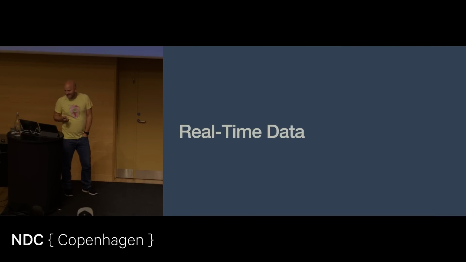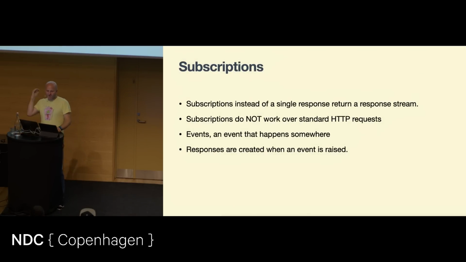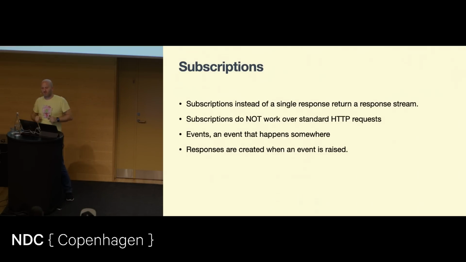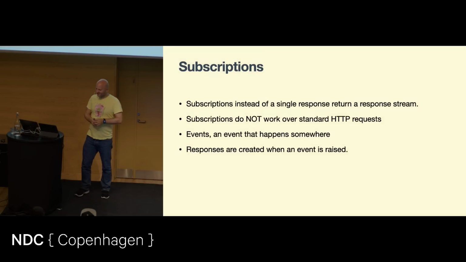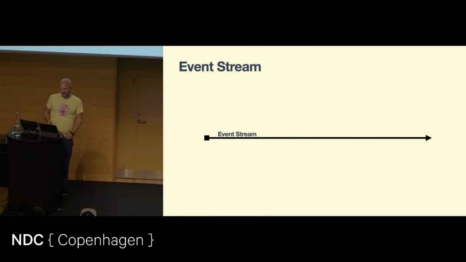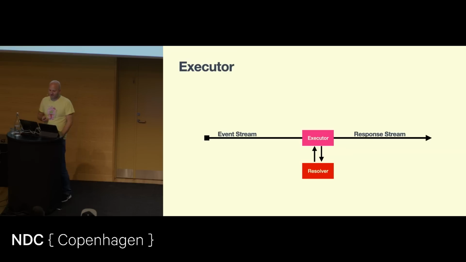Okay, we did that. Let's talk about one more aspect, and that is real-time data. We have 10 minutes, let's do it. When we talk about real-time data, we are talking about streams of real-time data. So instead of having a single GraphQL response, we have a stream of GraphQL responses. And that translates very well to async enumerables in .NET. When we talk about subscriptions, we are talking about an event stream and a response stream. When an event is triggered, we execute a GraphQL query and send that down to